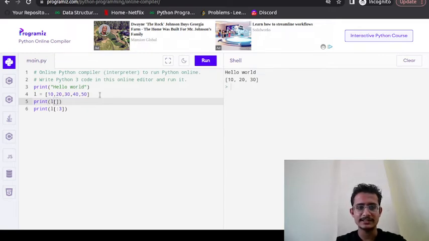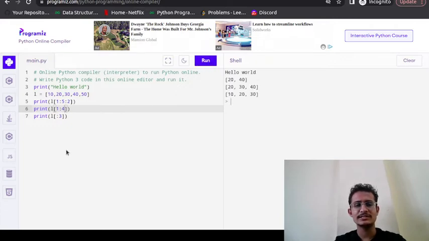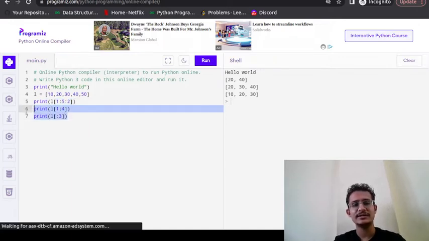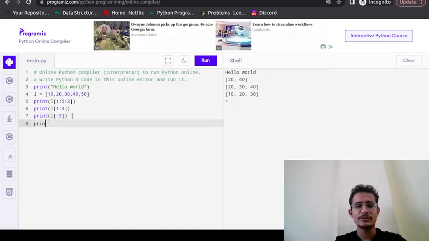So you want to start with first index, go till fifth index by jumping 2, this is one syntax, and you can also write print L from first index to fourth index. As you can see all the outputs are there. Here we took the jump of 2, if nothing is mentioned by default jump is 1, and if the starting point is not mentioned, it will start from 0.